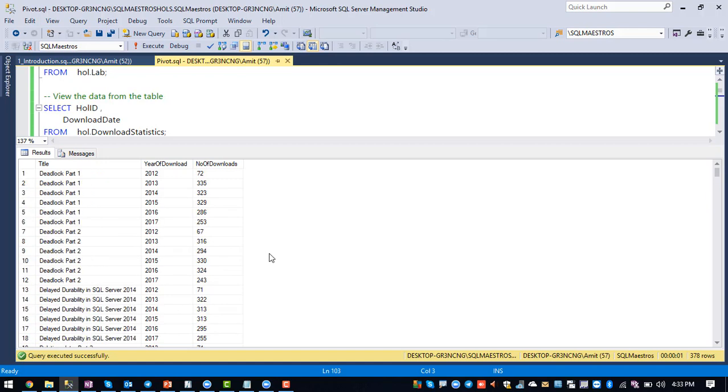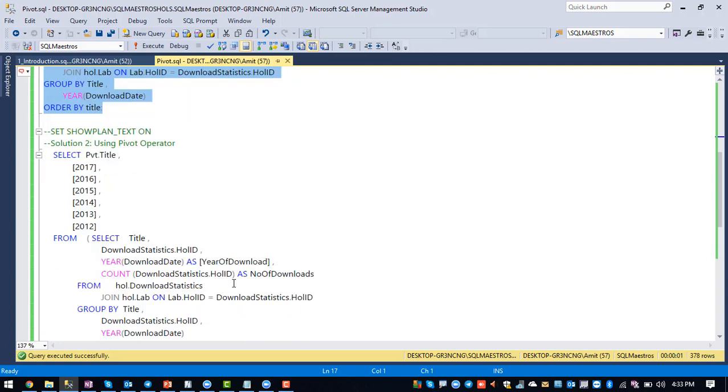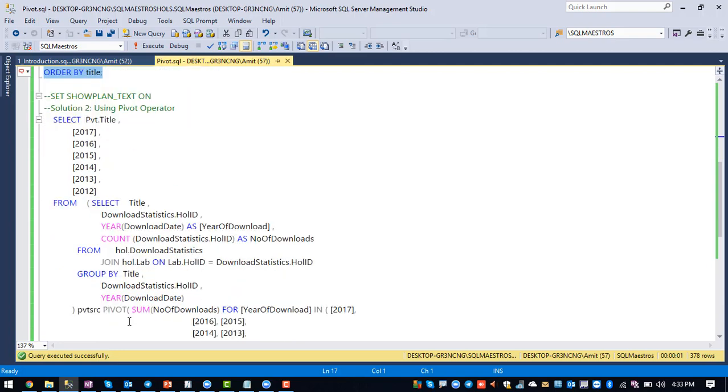If you simply transpose a few rows into columns, then we can understand our data in a better way. That's what pivot is doing for us. Before the pivot operator was introduced, we had to accomplish this task using multiple switch case statements. We had to write multiple statements, one for each column, and then this transposition would happen. But we have the pivot operator available now, so we can take advantage of it.